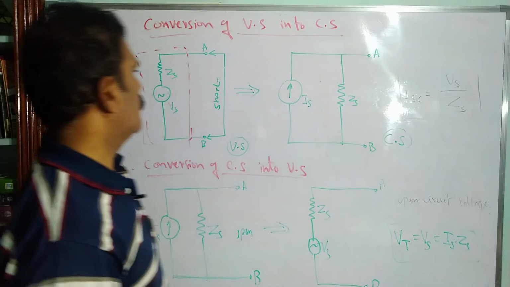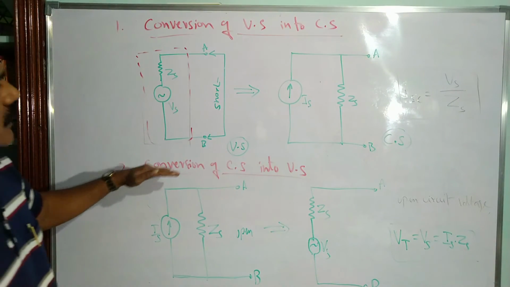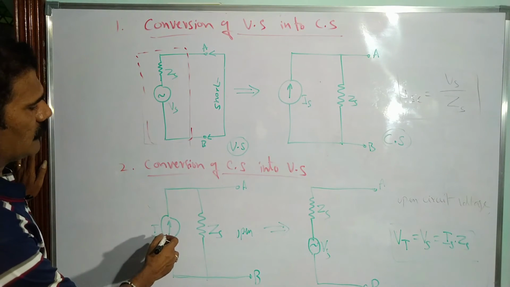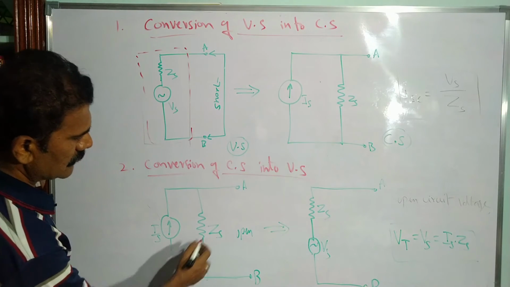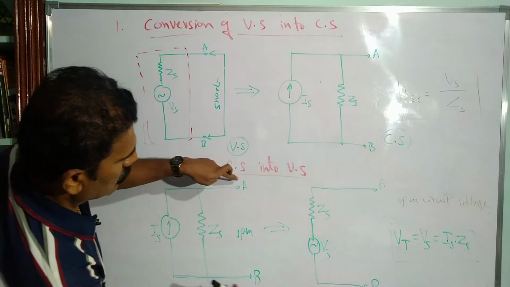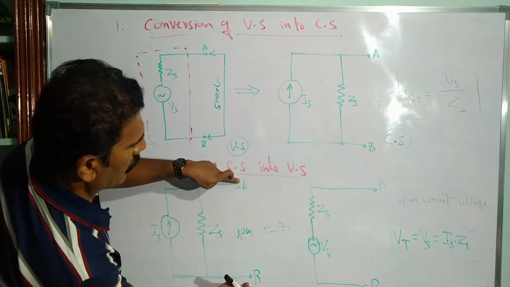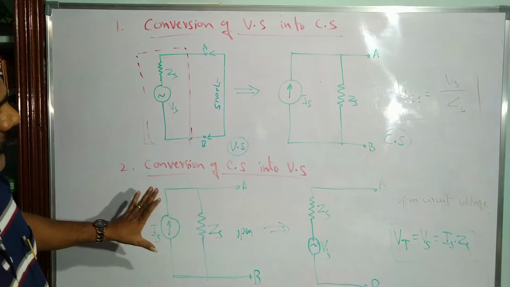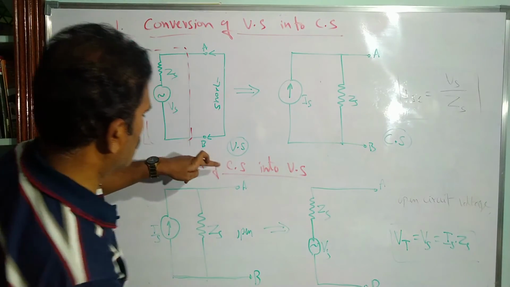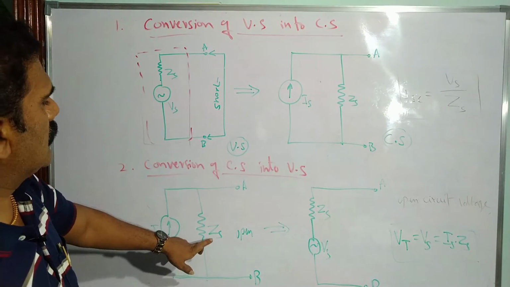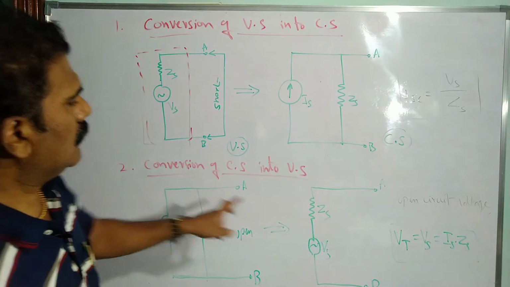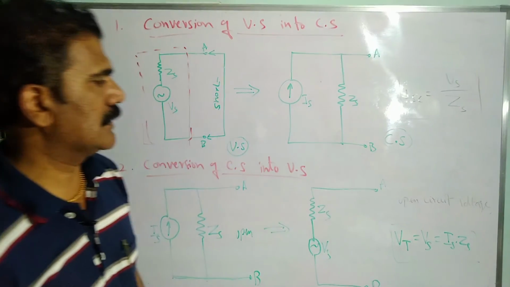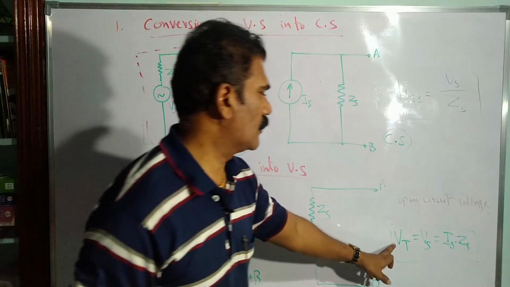Now in the second part, you can see the conversion of current source into voltage source. Directly take the current source in which internal resistance Zs is connected in parallel. The terminals A and B are open here, and that is the symbol for a current source. So how to convert it? Once the terminals are open, the parallel impedance Zs is considered as in series with the voltage source. Across the terminals A and B we can measure the voltage as the terminal voltage, called Vt.